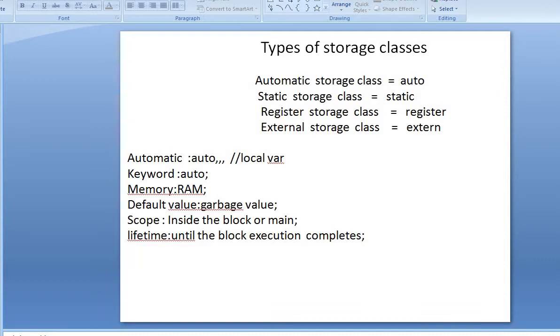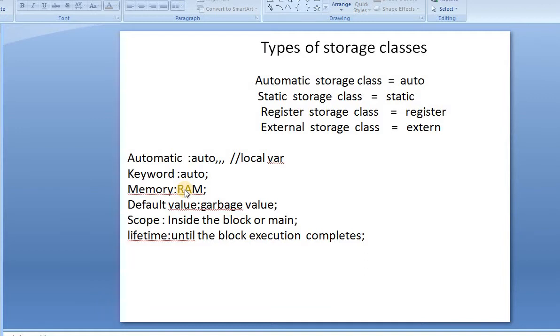First we'll see the automatic storage class. The keyword is auto, and it is a local variable. The memory is RAM, that is, the variables declared with the auto storage class will be stored in the RAM.